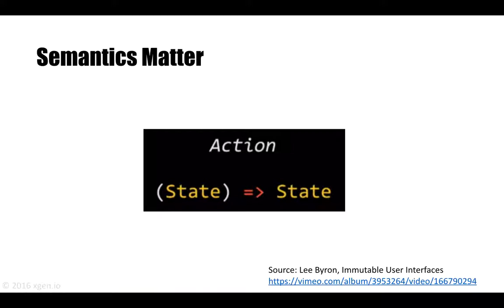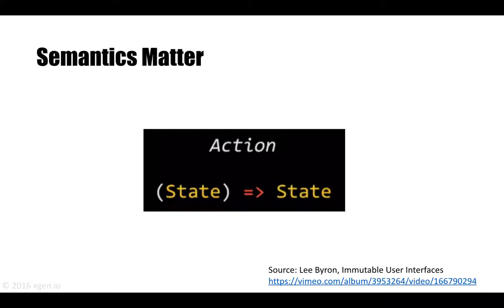Part of the journey to understand modern front-end architecture is to focus on semantics. And I really would like to convey the message that semantics matter. You look at Redux, for instance, an action in Redux is a data structure, nothing else. They have action creators, which are functions, but those functions are called action creators. They create actions, which are data structures. And if you look at this other definition from Lee Byron, who's also working at Facebook, but he works on a different framework, Immutable.js,